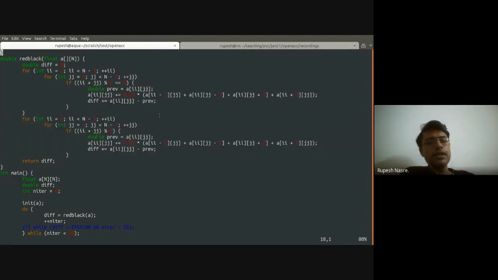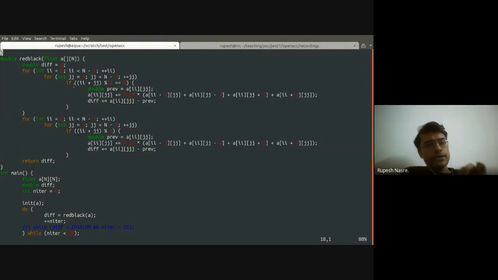In this case, since I'm talking about the previous row and next row, as well as previous neighbor as well as next neighbor, this boundary of 0 and n minus 1, I'm going to not worry about, but that needs to be taken care of in your actual processing. So therefore, the loop is going from 1 to n minus 2. So 0 and n minus 1, I'm going to not worry about. This boundary needs to be separately taken care of. So both ii and jj are going from 0 to n minus 2.